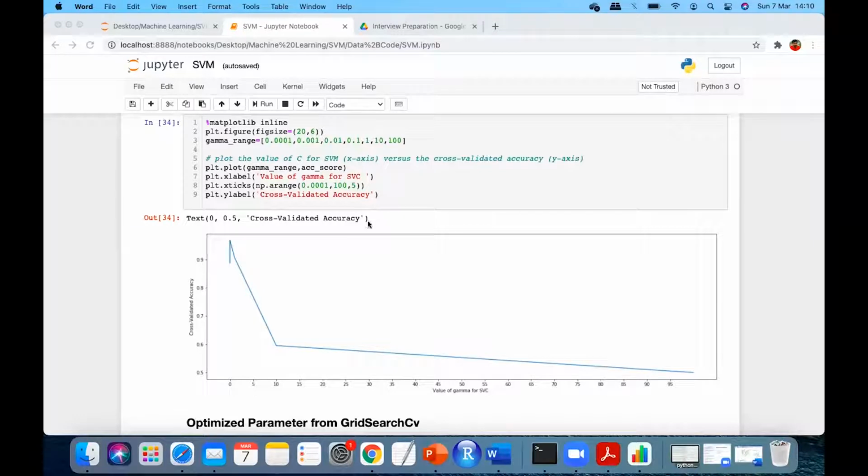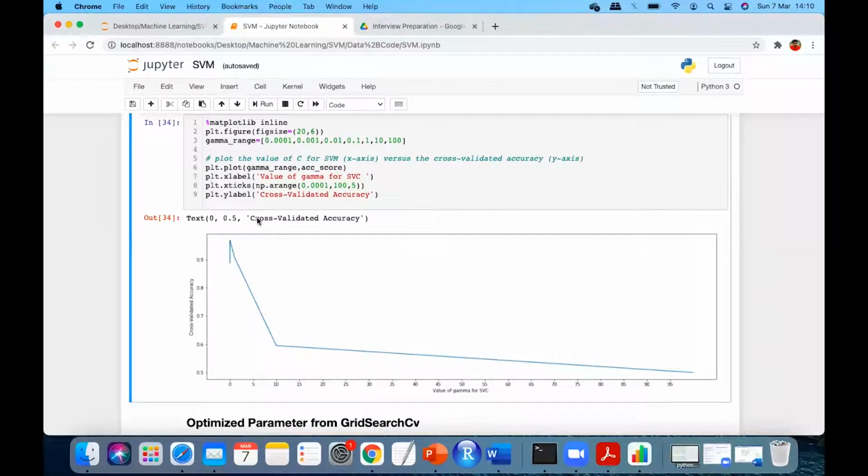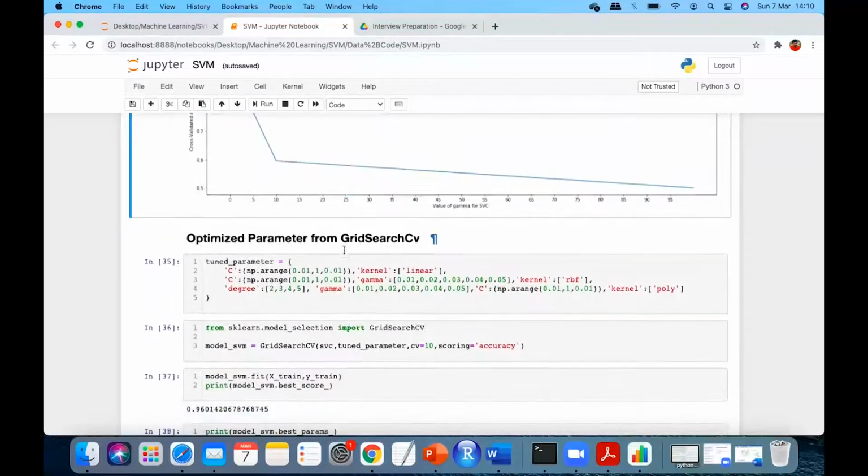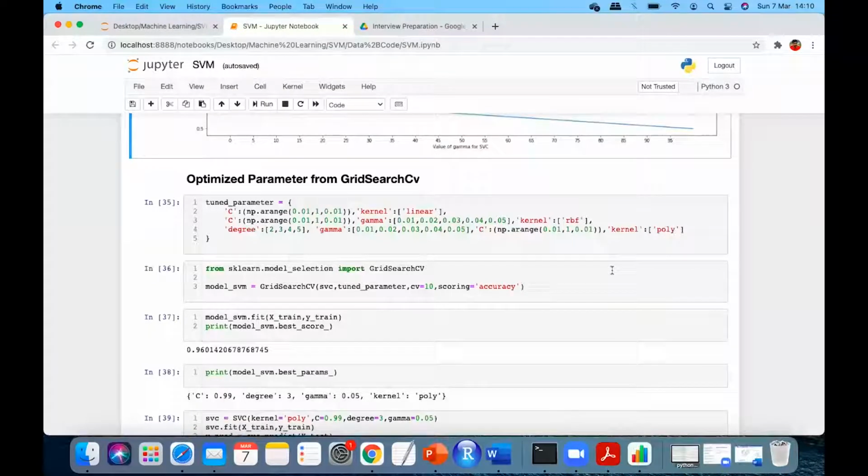Even if it is approximately in that range, you can select that. Okay, it is not falling drastically, right? So even if you take this or a bit less than this, it is fine. Clear? But if you are working in a production environment, obviously you will work towards having a greater accuracy. Then GridSearchCV will come to your rescue.